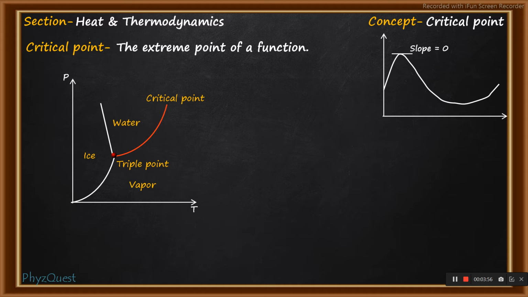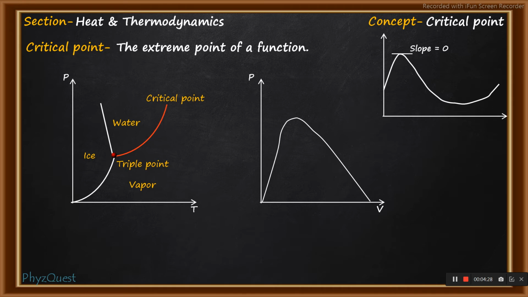So this critical point is the point at which the curve is terminating. But as per our definition which we have discussed, the critical point should be where an extreme point is involved. To understand that, instead of the pressure temperature curve, we have to consider the pressure versus volume curve. When we plot the same, this pressure versus volume curve will behave like this, and at this point you can see there is an extreme point, which is the same critical point.